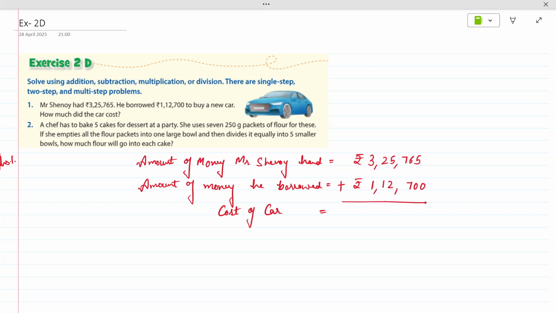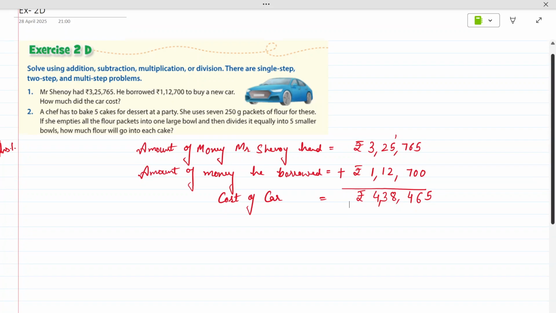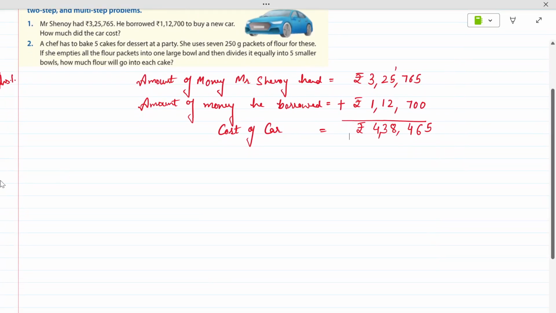So I'm adding it here. 5, 6 here. 7 plus 7 is 14. 5 plus 2, 7 plus 1, 8. 2 plus 1, 3. 3 plus 1, 4. Okay. So this amount is 4,38,465. This is the cost of the car. This is a very simple question. Okay. Next question is,